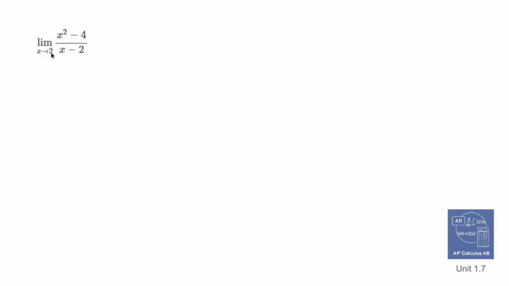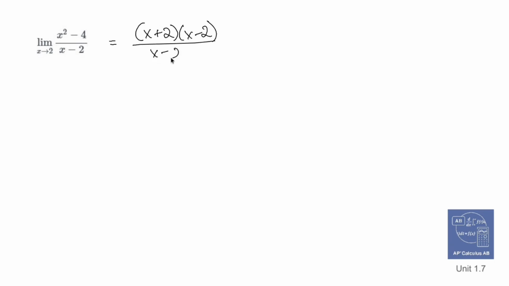Find the limit as x approaches 2 of x squared minus 4 over x minus 2. You know that if I were to just take 2 and plug it in, I'd get 0 over 0, and that's problematic. But what we also see is upstairs, you have a difference of squares. So if I were to factor the difference of squares out, that gets me x plus 2, x minus 2